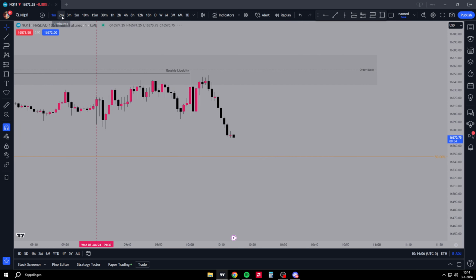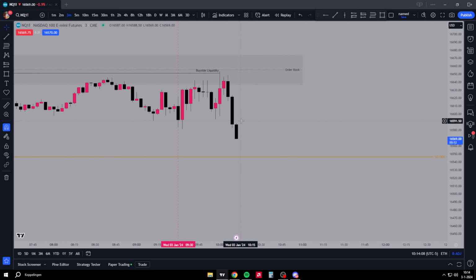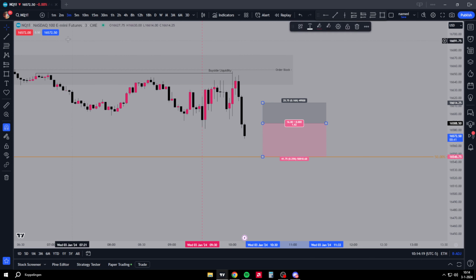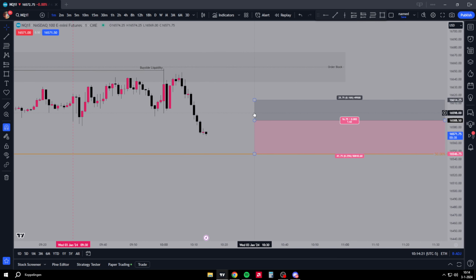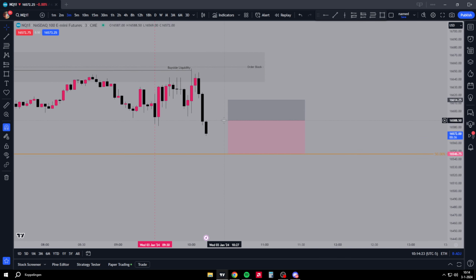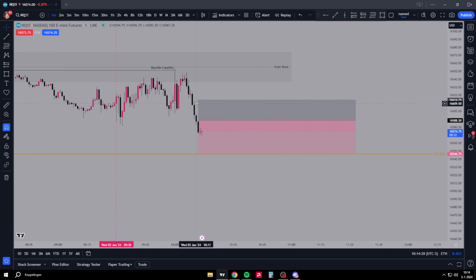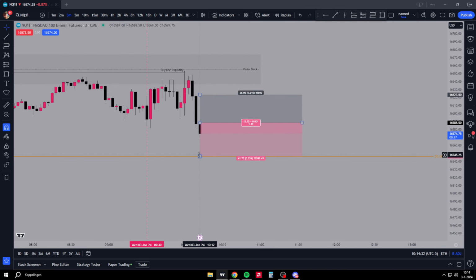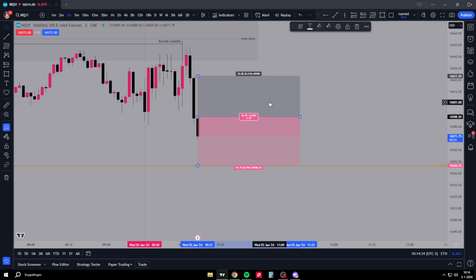Let's look for a singular fair value gap, which would be this 3 minute. If we close this, then you could enter right here. This is our breaker. It's not really a safe stop actually. Maybe a 1 minute order block. Not even an order block. Yeah, maybe right there. This could be a trade into equilibrium.